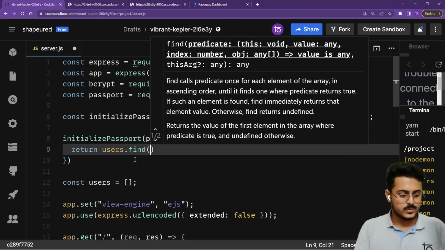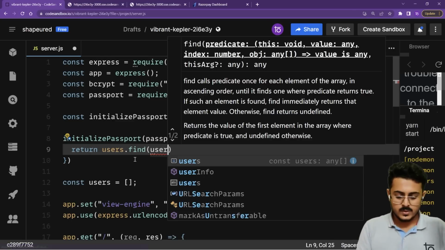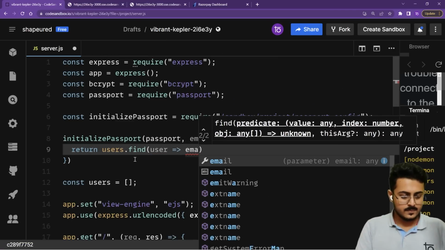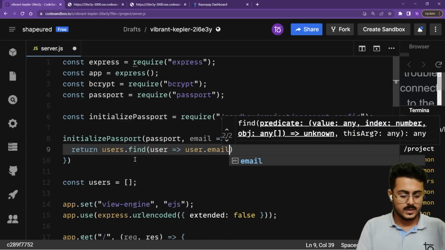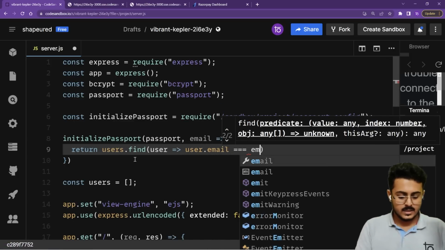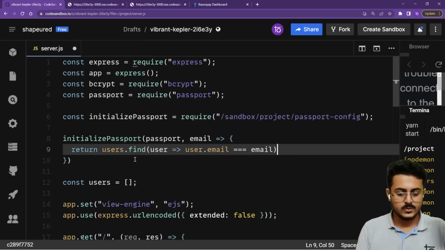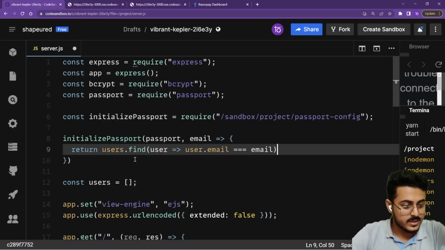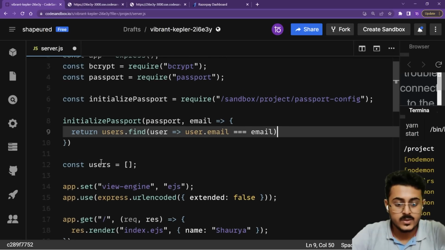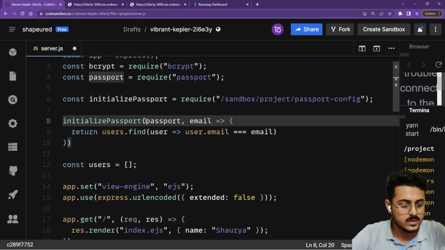We're going to find users from a user array itself, the user with the user email as email. So we want to find the user that has the email that we need. Let us just check if everything is looking appropriate enough. Okay, yes, we are missing a particular